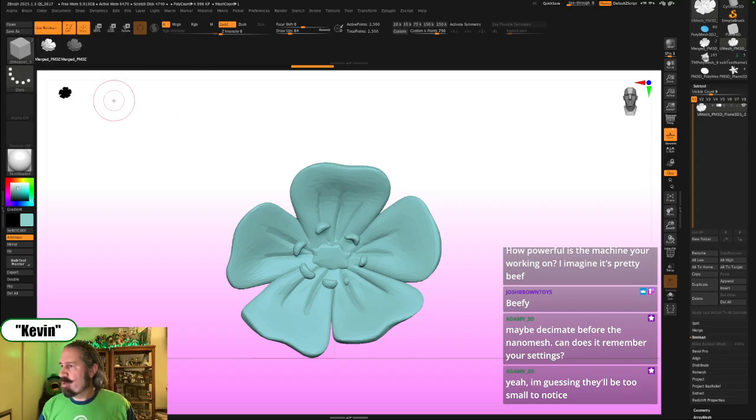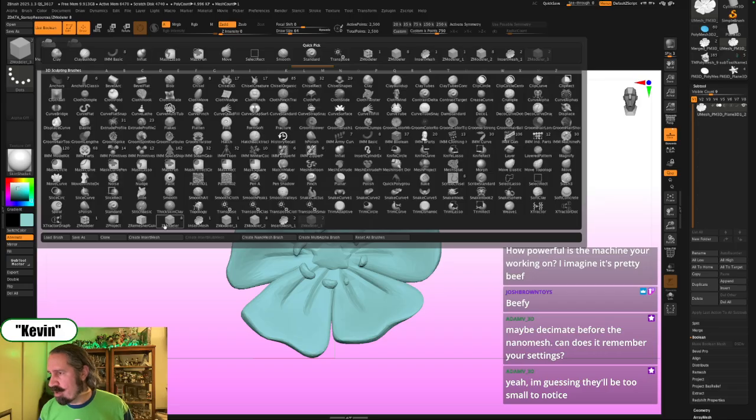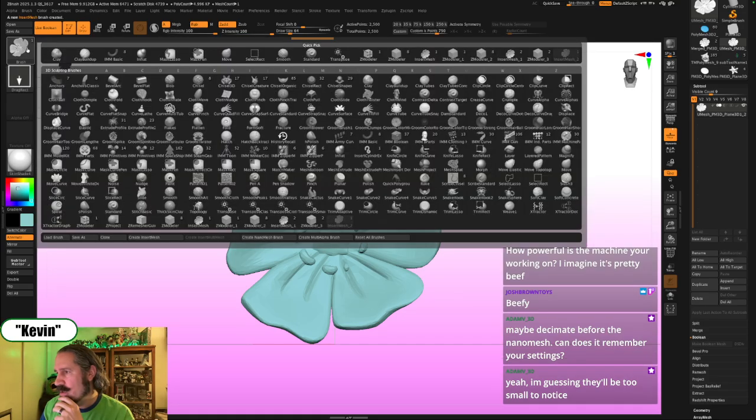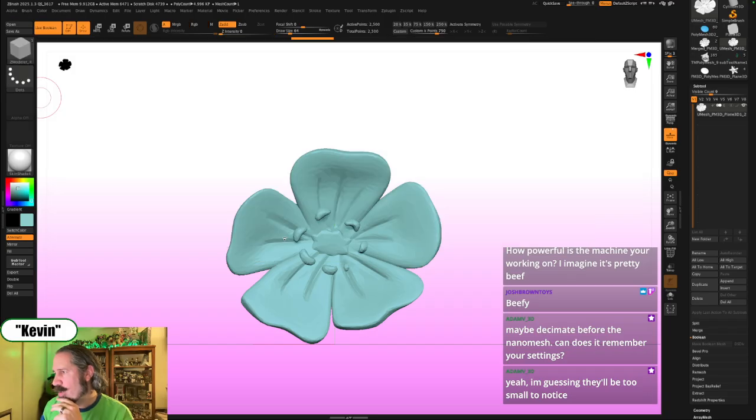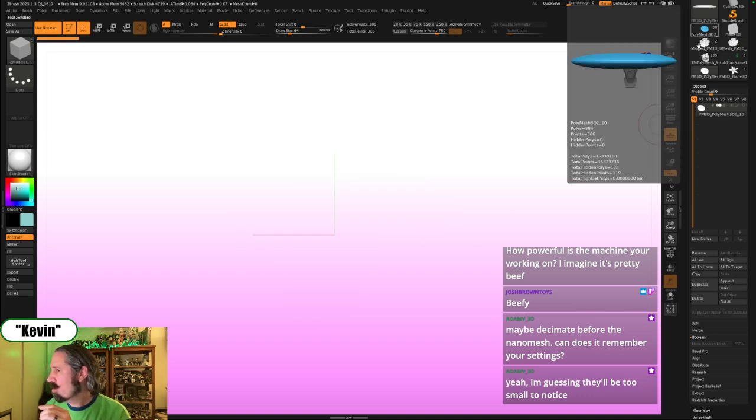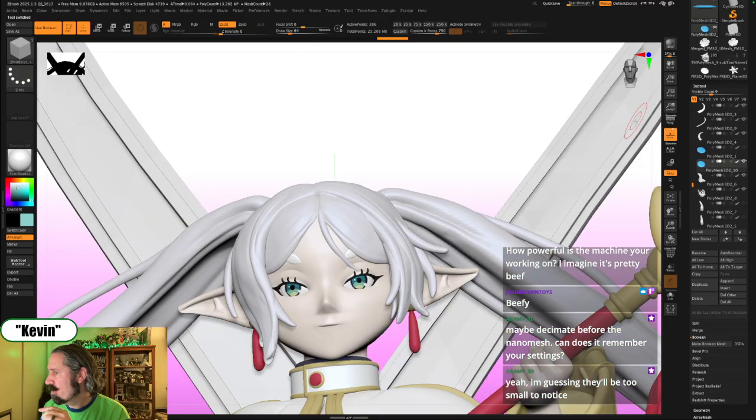So what we want to do is go to, I want to create a new insert mesh, and then create from there a new Nano Mesh. And now we're good. So now we can go back to our base. And for those of you that have popped through,